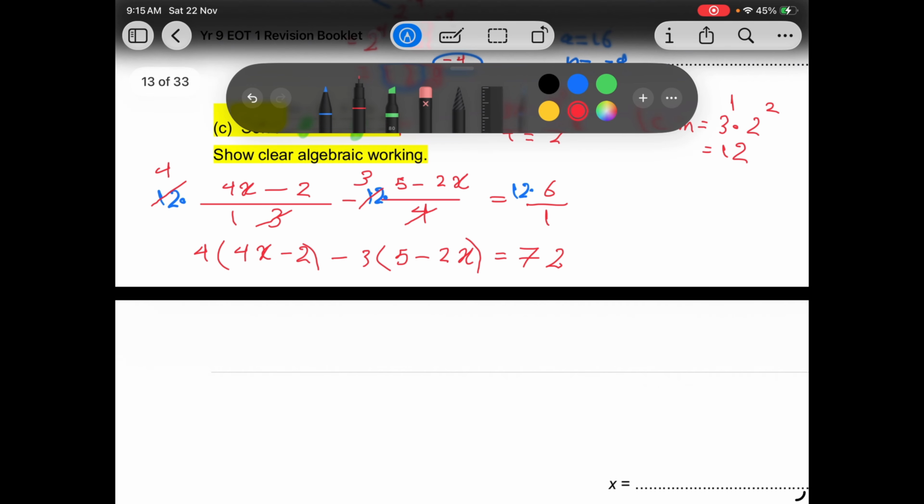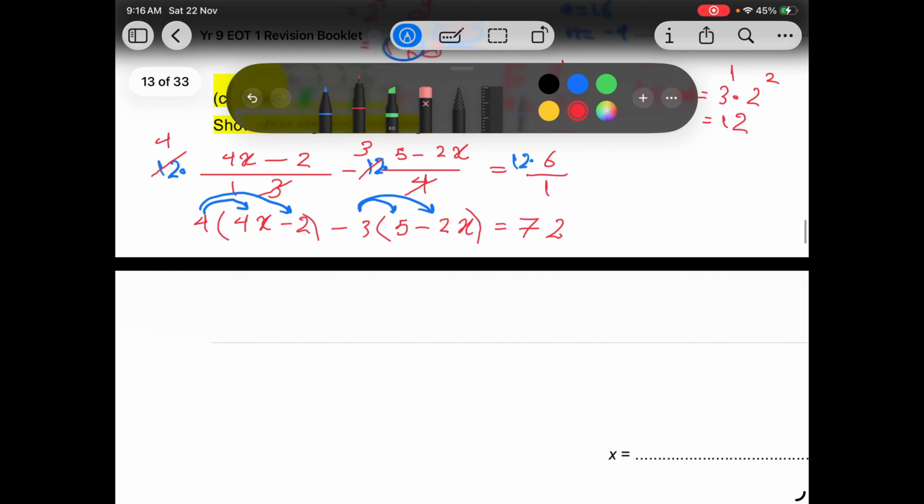Then we can now expand things nicely, this by this, this by this, and this by this as well. So here it will be 16x minus 8, minus, remember this is not 3, this is minus 3. Minus 3 times 5 is minus 15. Minus 3 times minus 2 is plus 6x, equals